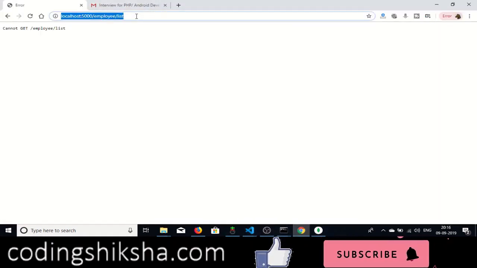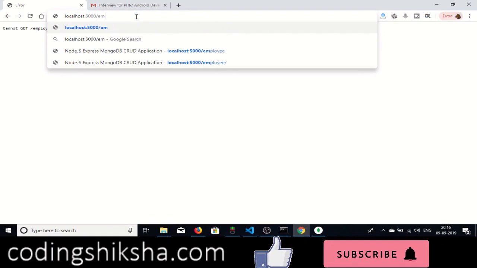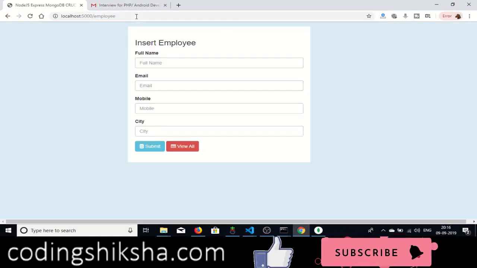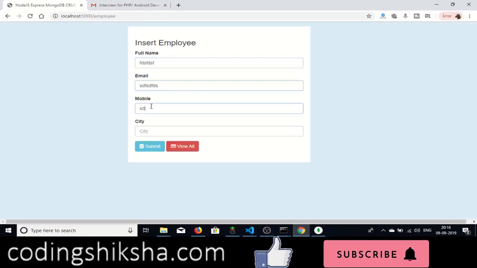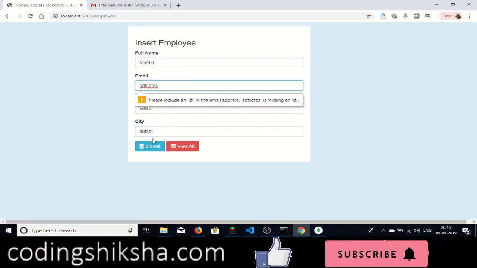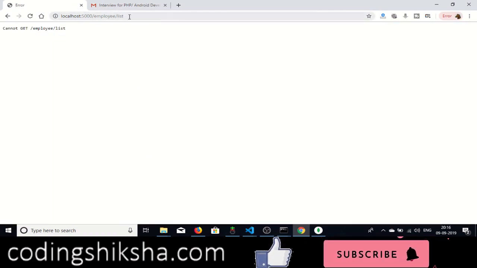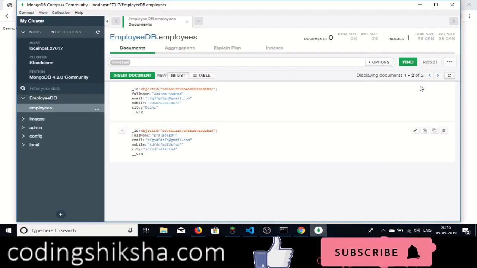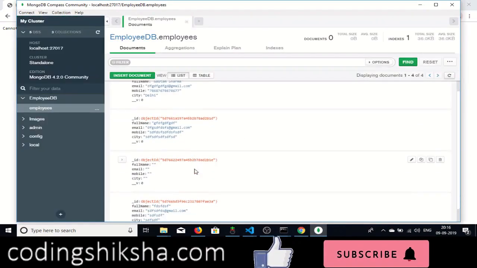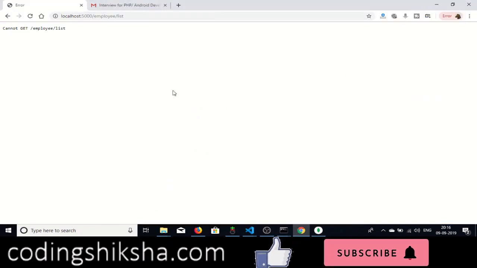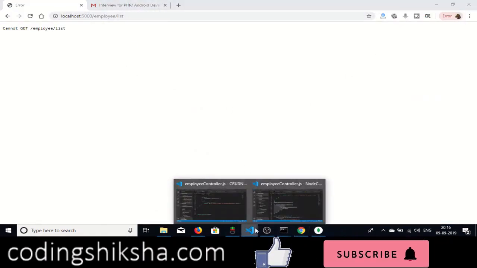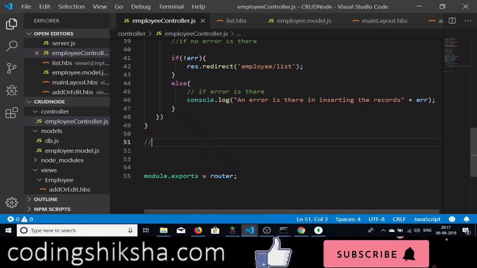If I submit the form here, let me go to the form and write some random entries and click on the submit button. Let me include email.com. Submit it. You will see that we haven't created this route /list, so it says cannot get. You can see that the entry is added into the database. You can see that 4 entries have been added. So first of all, we need to get these entries. We need to create a route for displaying